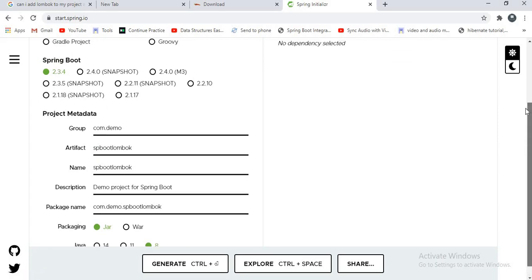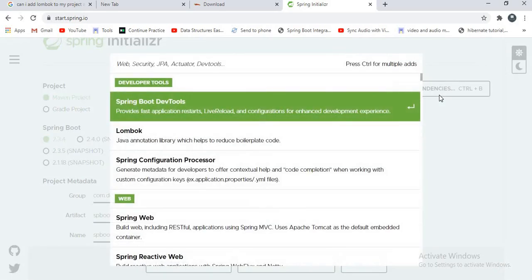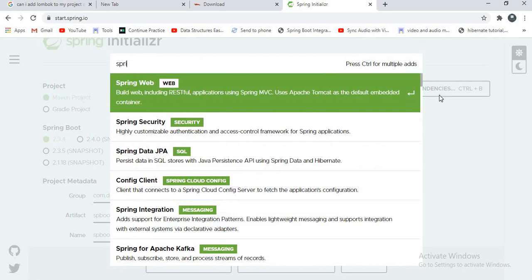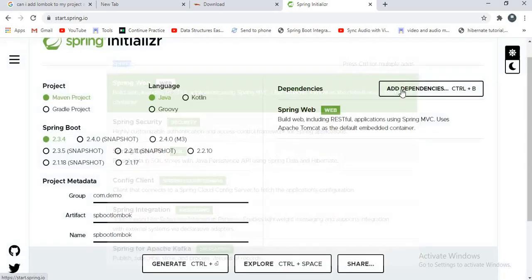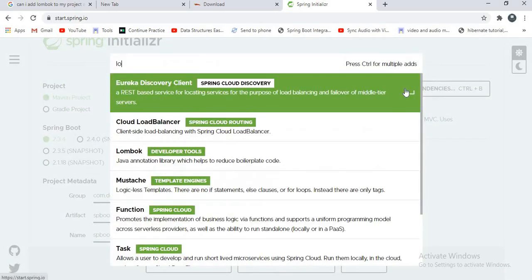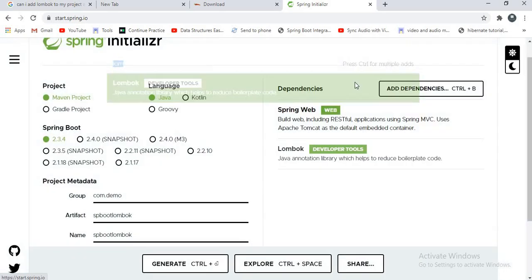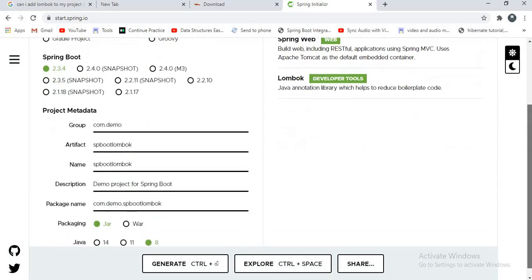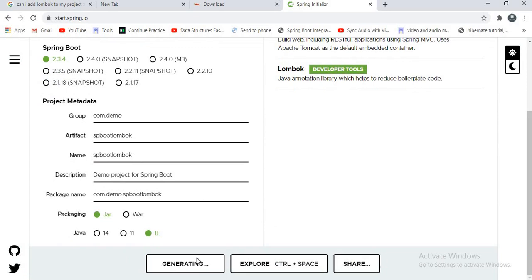I want a Java file for it. I want to add dependencies: Spring Web. I want Spring Web and the Lombok dependency. And let's generate our project.